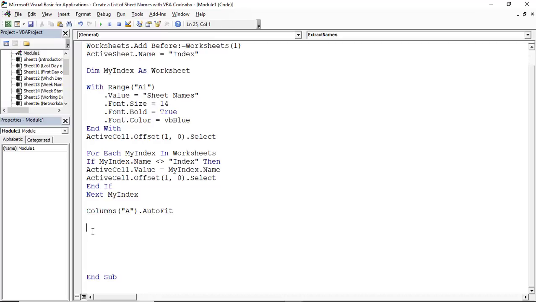And this error handler will notify the user that the list of sheets already exists, and at the same time, it will delete the newly inserted worksheet, and it will exit the sub. So I say ExitHandler, MsgBox, and the wording of the message box could be anything like, you already have a list of sheets. And because we inserted a worksheet, we don't need it anymore, ActiveSheet.Delete,